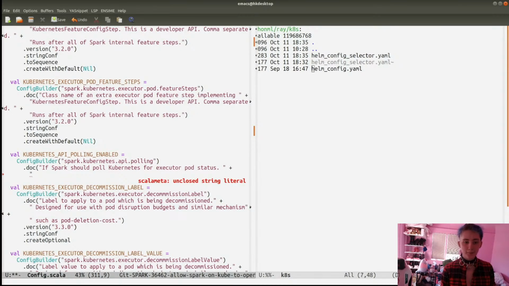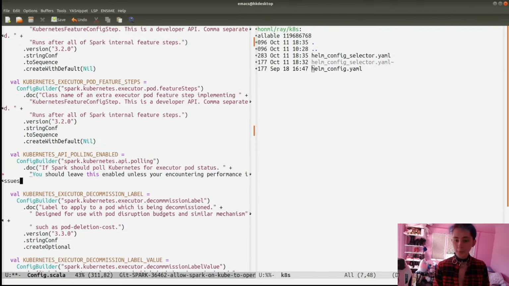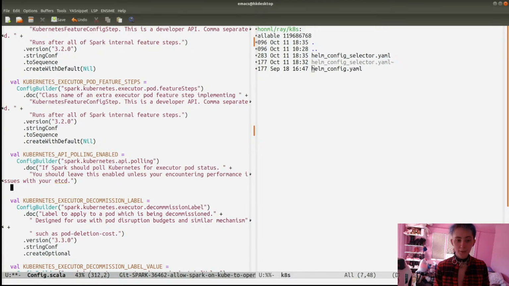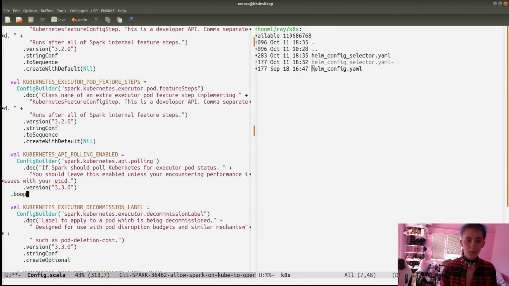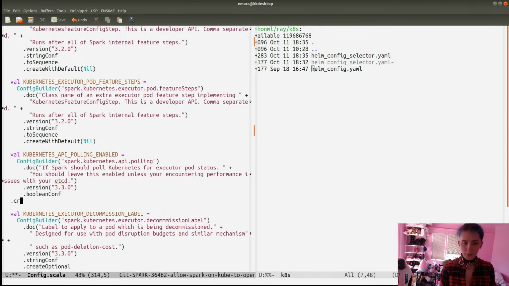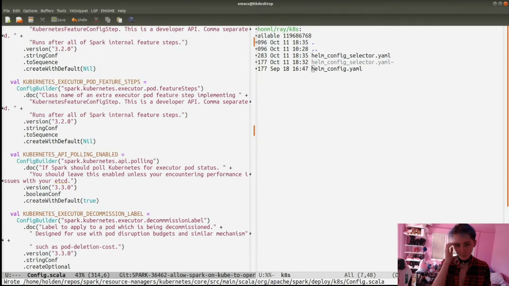You should leave this enabled unless you're encountering performance issues with your etcd. Okay. Boolean conf, or is it, yeah, create with default true. And